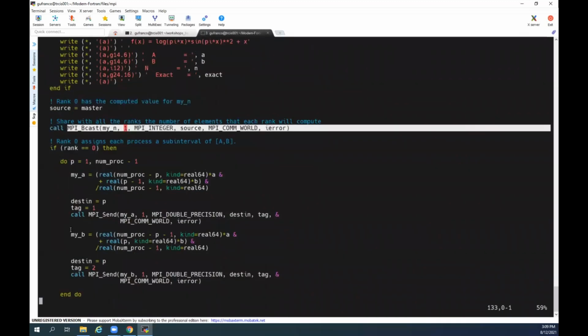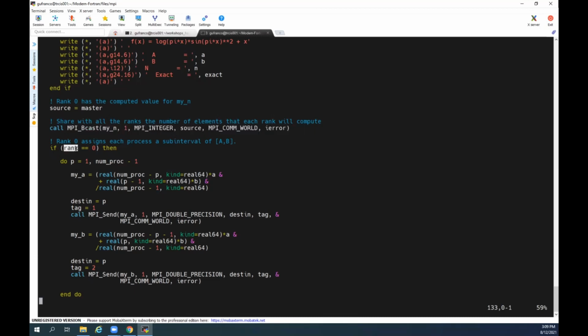So now what is happening here is rank number 0 is associating different portions, so different limits for the integration. So one process will integrate, let's say, from 1 to 2. Another one will go from 2 plus something to 3. And so they will split that. So what I'm doing here is that this is taking the decision. So in this schema, rank 0 is a master, is controlling the operation, is dividing the space,